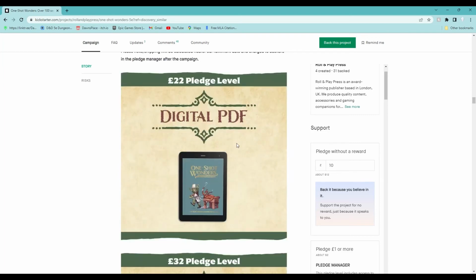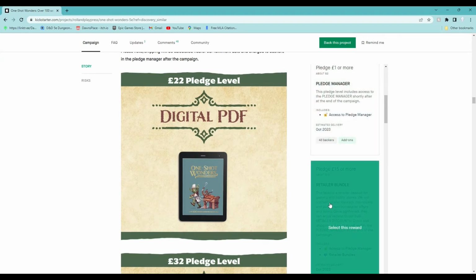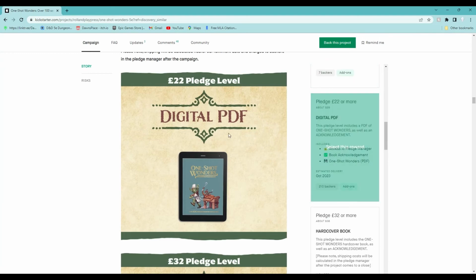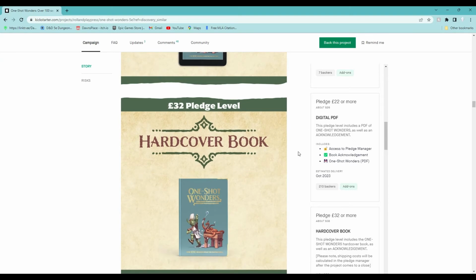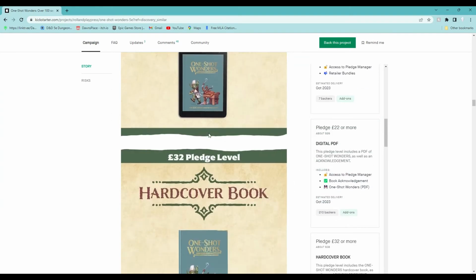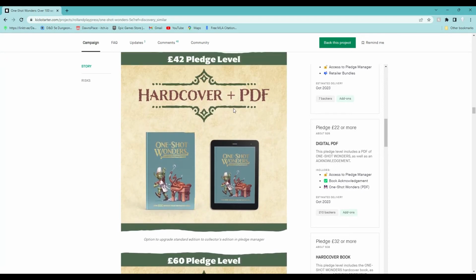There are different pledge levels. This is in euro, so like 21. There's a pledge for 15, which is a retailer bundle, but that would be like 18 in our dollars. So 22 is 26 here in America. The hardcover book itself, or just the PDF, there's a hardcover and PDF for 42 euro, which is about